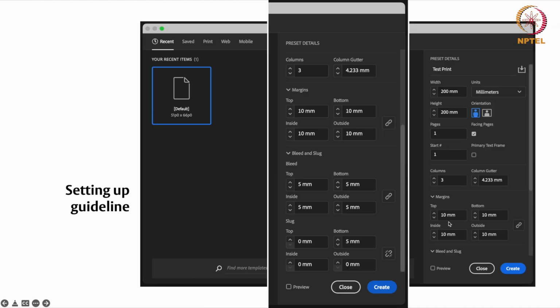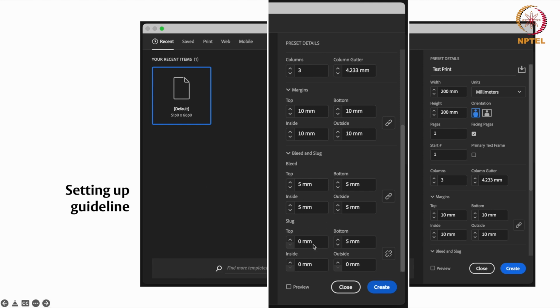Here I have set this as 10 mm. Then below margin, there is an option called bleed and slug. So this is the bleed where you have to set certain bleeds. Now why do we set bleeds? Because sometimes we want the image to be cropped from the margin of the page, and if you don't have a proper bleed, there is a chance that you will find a very uneven edge, or sometimes the ink is shifting. So the image is shifting inside when it is finally getting finished for the final product. So you need certain bleeds as well.